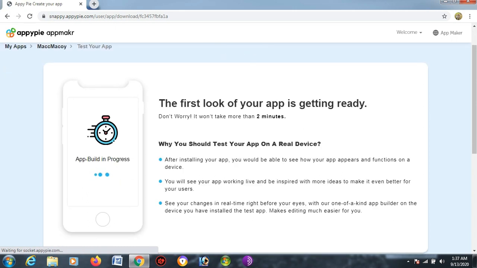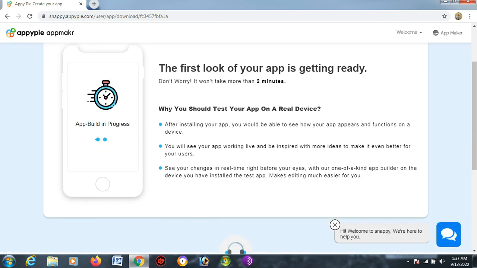Here are a few of the important things that the website is showing to you. The artificial intelligence of the website is working upon the app creation. After installing your app, you would be able to see how your app appears and functions on a device.